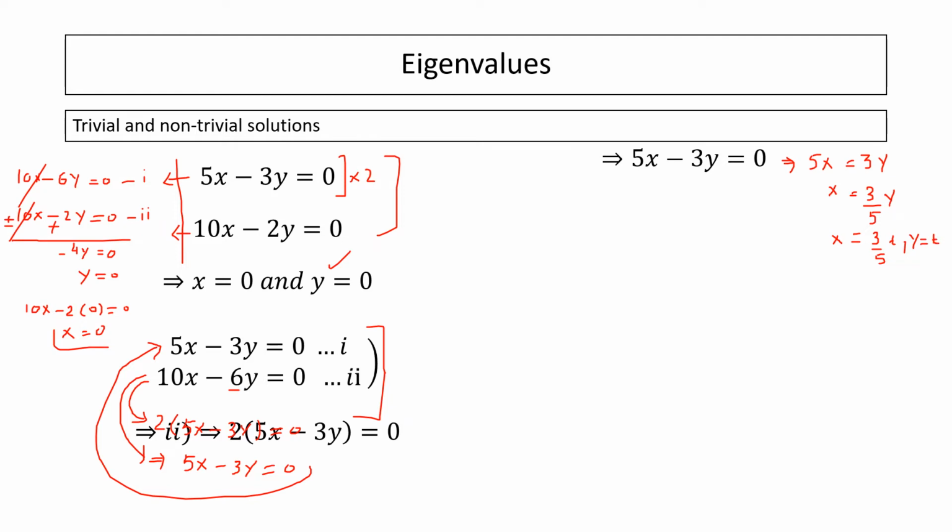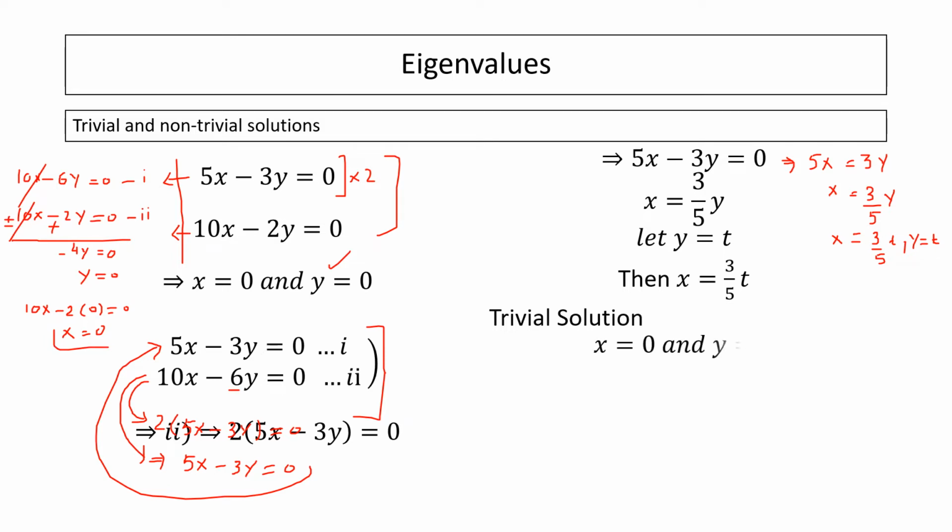We can solve this one equation this way. So x comes 3 by 5, and let y equals t, what I explained with that written. Then x becomes 3 by 5t. Trivial solution, x equals 0 and y equals 0. This is called the trivial solution for the first system, and the non-trivial solutions